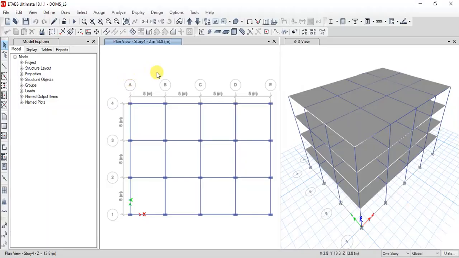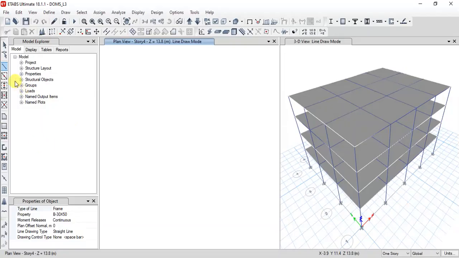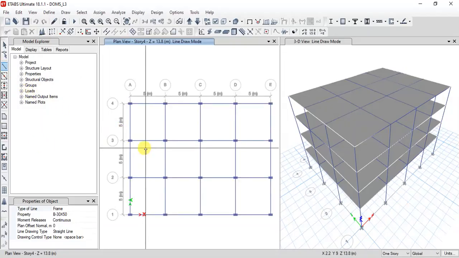So today we will start with introducing one more beam. If you want to introduce a beam in between any grid lines, then how to do those things. If you have such a criteria, maybe you have a secondary beam which is coming in between any one of these frames in this rectangular component, then how to insert the beam. So what we can do is we can draw the beams in between.